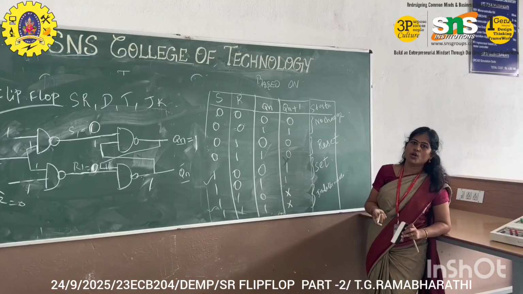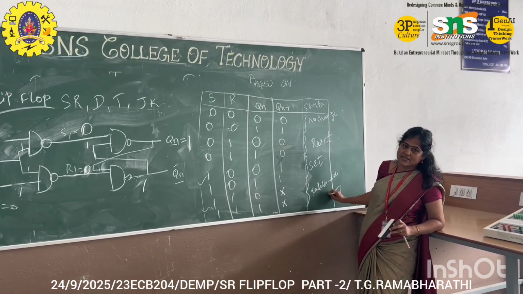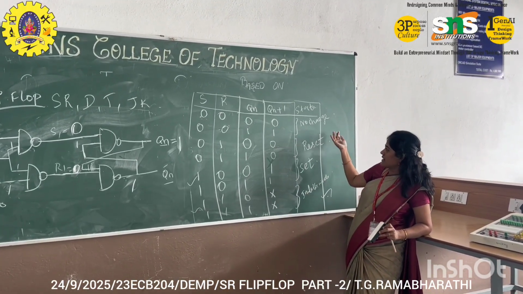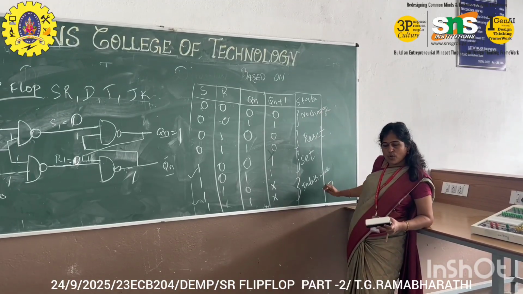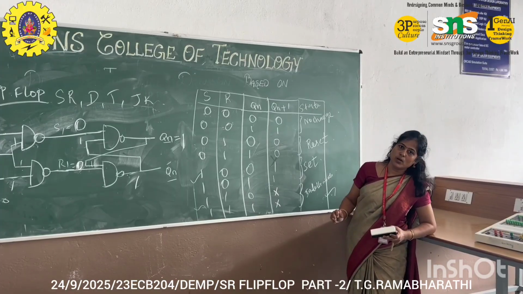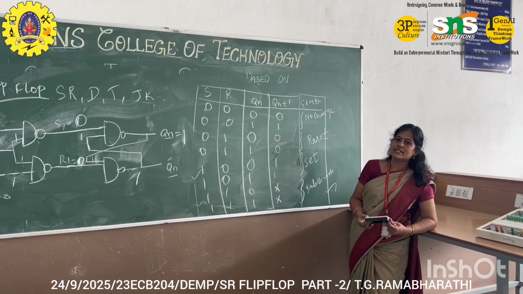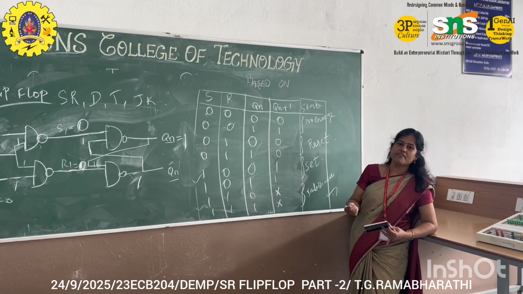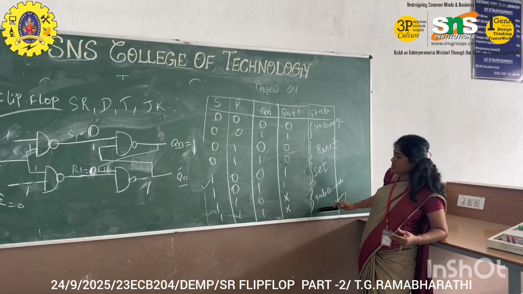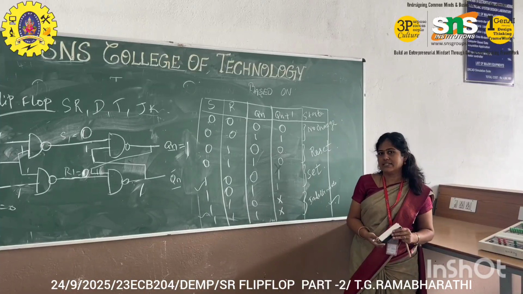Here we have one drawback and problem, that is we got one indeterminate state. So we cannot use this state for any applications, since it is not set or reset or no change condition. For that reason Jack Kilby, the inventor, decided to design a flip-flop called the JK flip-flop. He modified the SR flip-flop and designed another flip-flop to overcome this drawback. How to avoid this indeterminate state by using JK flip-flop, we'll discuss in our next video.